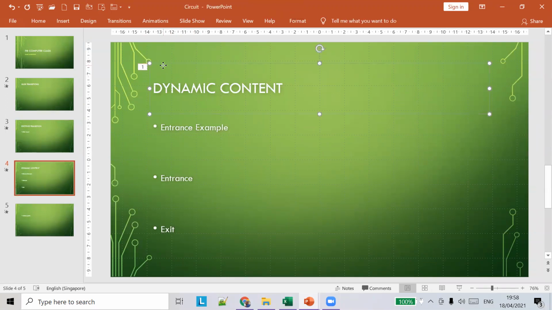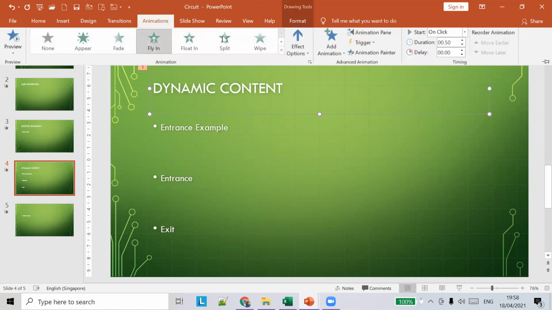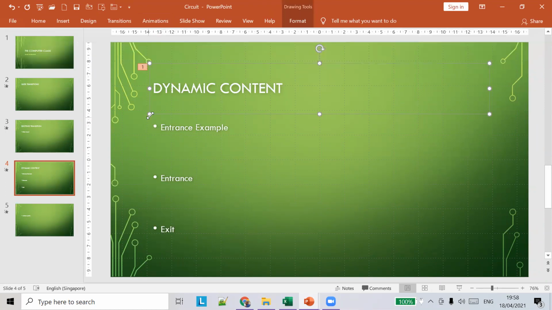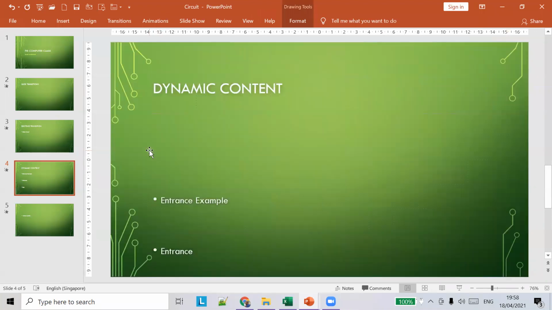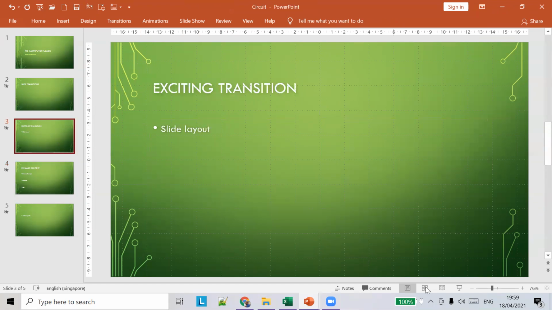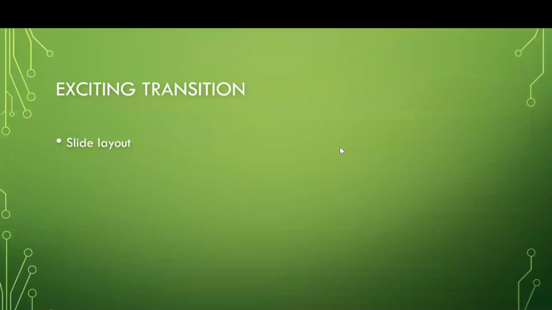You can see the symbol, right? So now the animation style is copied to the other element. I copied one into two. Now you can see the animation effect is the same for both the elements.